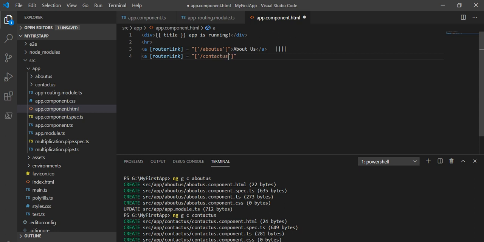This name should match the path we have given, so here we will write Contact Us. After we have done this, let's save it and see on the browser. So let's serve it first.